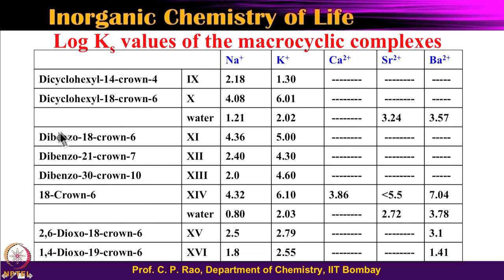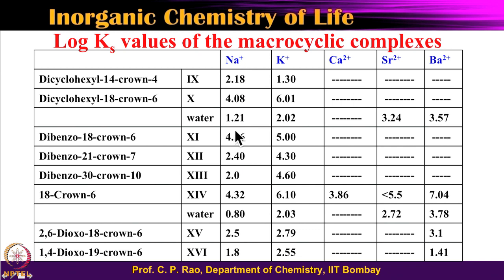So, cyclohexyl, take benzo. So, 18-crown-6 showing 4, let us say 4, this is showing 5. The difference is not as large as here. Here it is 100-fold, here there is much less difference. That is because you have changed from cyclohexyl to benzo, okay, and you have not changed 18-crown-6